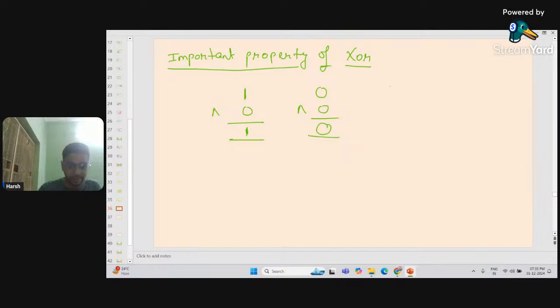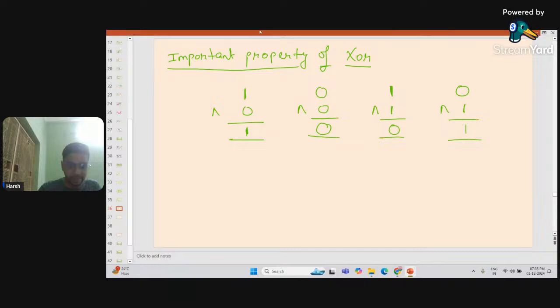Similarly, if I tell you that a bit is 1 and I XOR with 1, what will be the answer? The answer will be 0, right? Similarly, if the bit was 0 and I XOR it with 1, what will be the answer? The answer will be 1. Are you guys able to observe one thing? What is actually happening? So the observation from here is